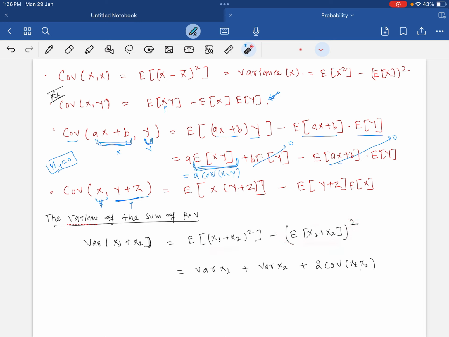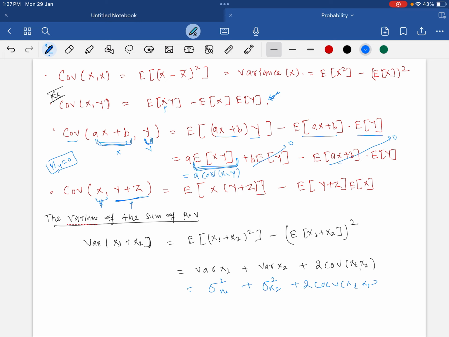Now you can further expand this, and ultimately you will find that the variance of the sum of the random variables is the variance of x1 plus the variance of x2, that is sigma x1 square plus sigma x2 square plus 2 times the covariance of